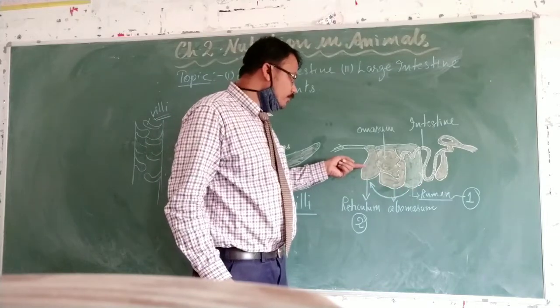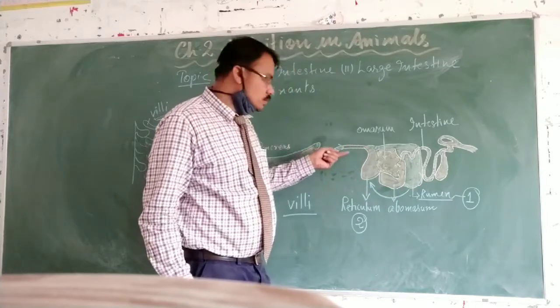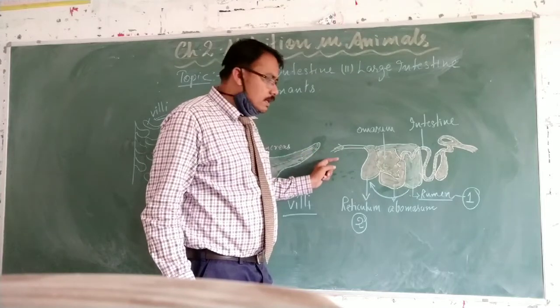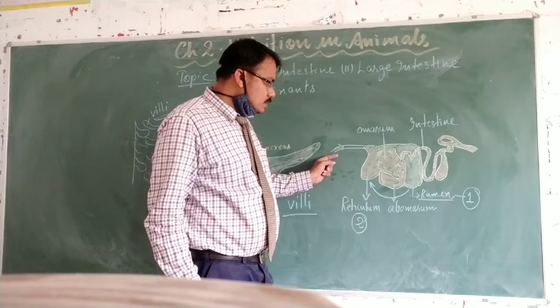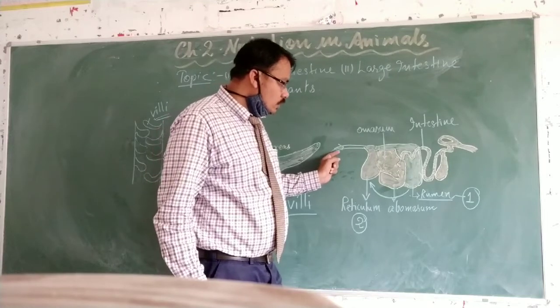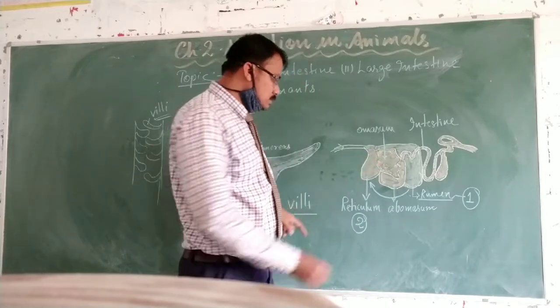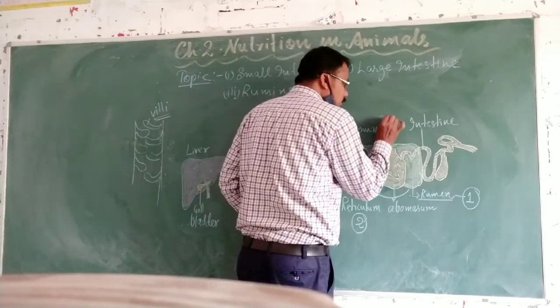Then from the reticulum the food goes towards the mouth, where they chew it again, and then they transfer the food to the omasum. This is the third chamber,